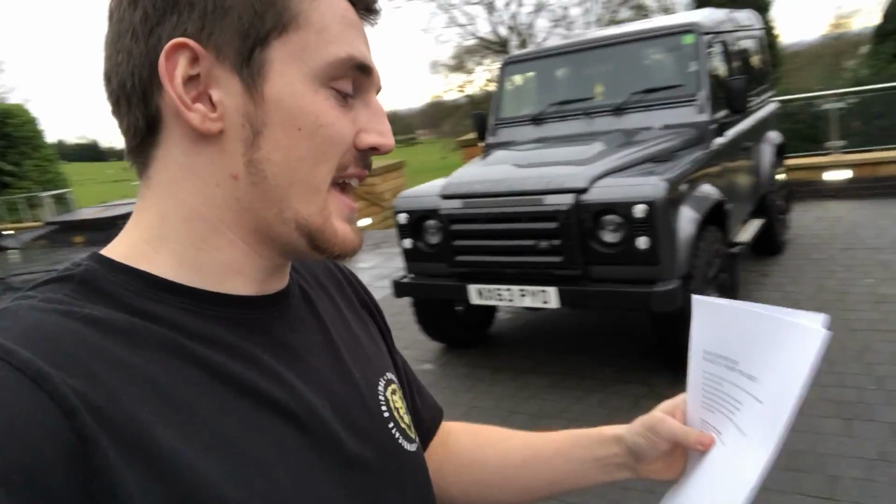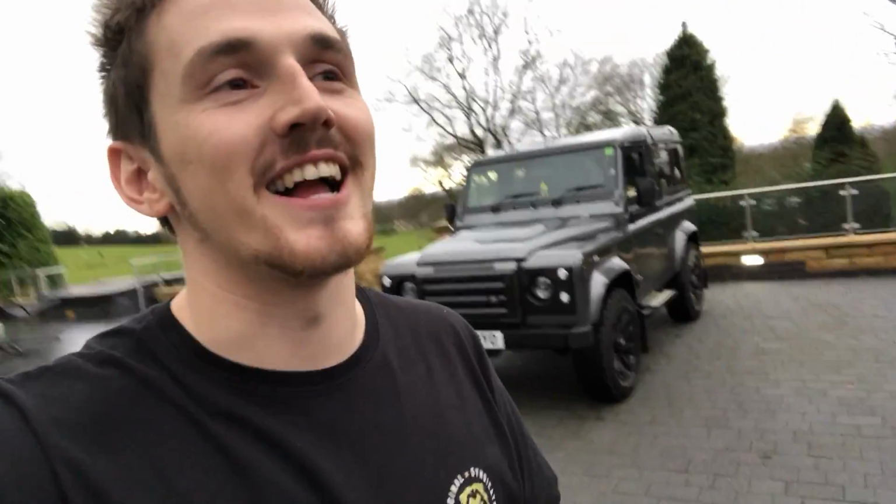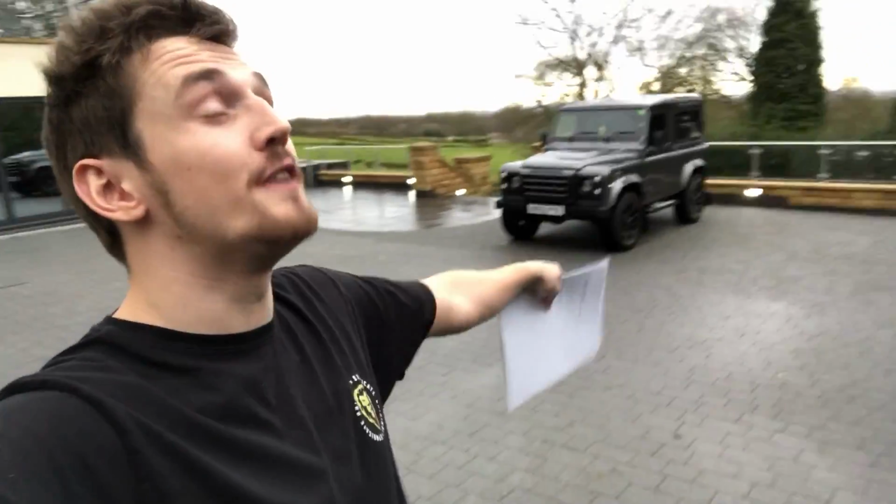Driving this vehicle is like carrying the British flag. I know it sounds weird, but it's like carrying pride on your shoulders. And I am so proud to drive that thing. Like, it's a fucking beast. And the more and more I drive it, I love this one. Don't get me wrong, I love this one. I love it. But,